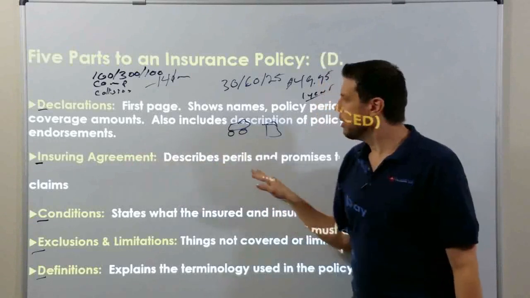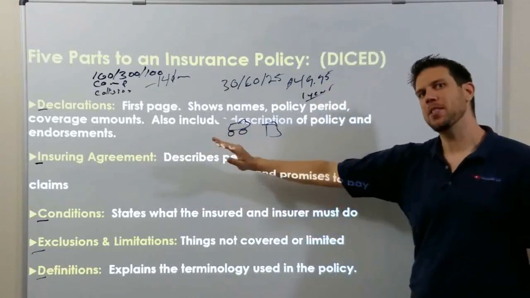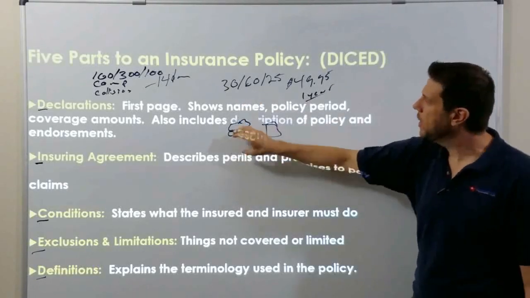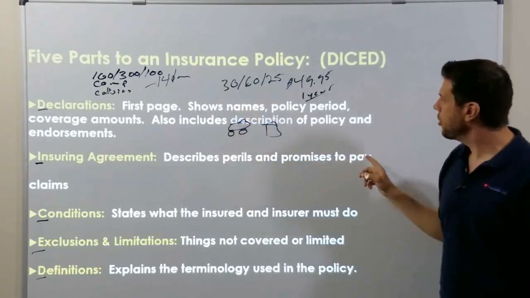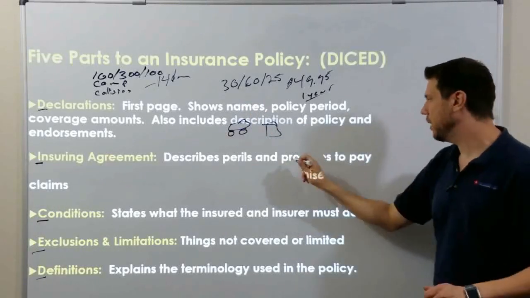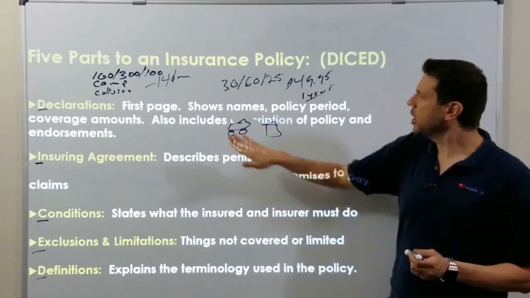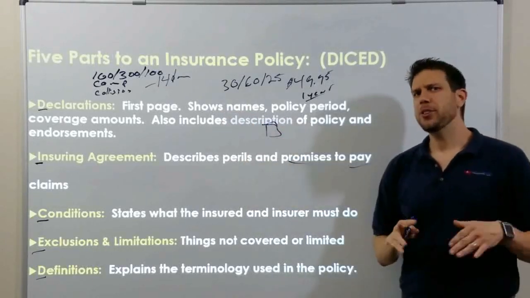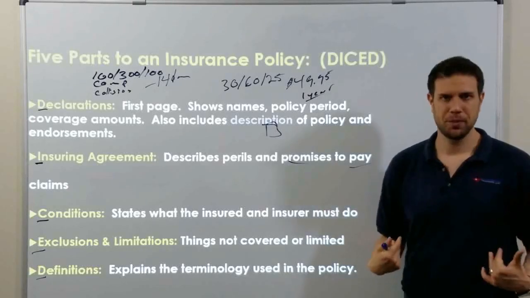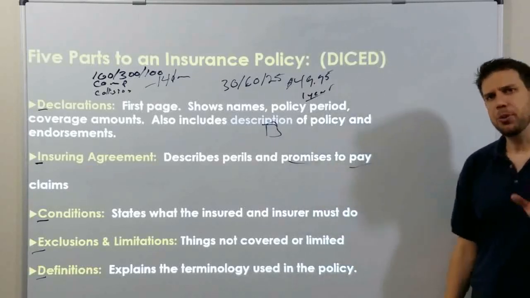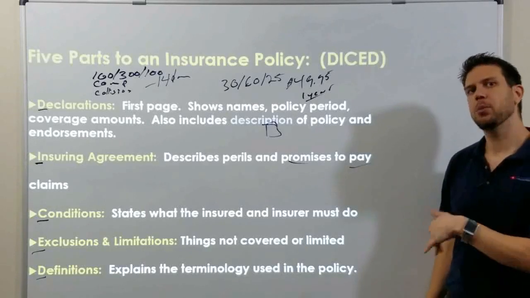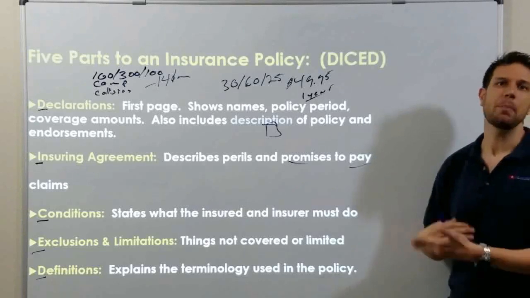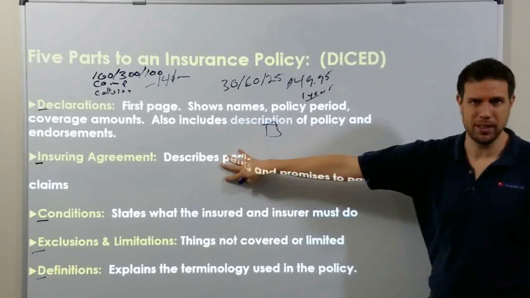The insuring agreement describes the perils that you're covered against. And if these perils happen, the insurance company promises to pay claims. So let's talk about homeowners insurance for a second. What do you think your homeowners insurance covers? You do not have to write these next things down. We'll cover them later on in different chapters. But I'm going to run through a lot of perils for your policy.